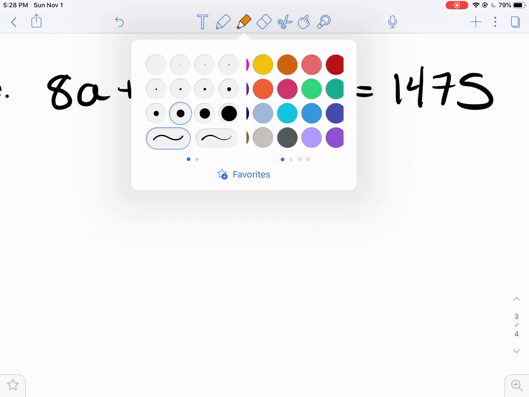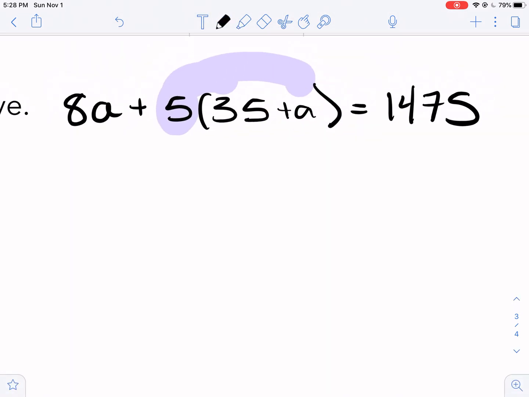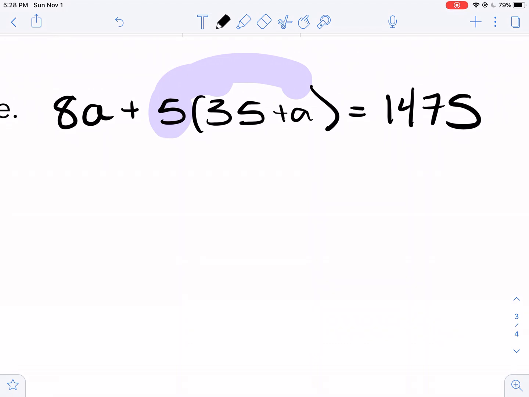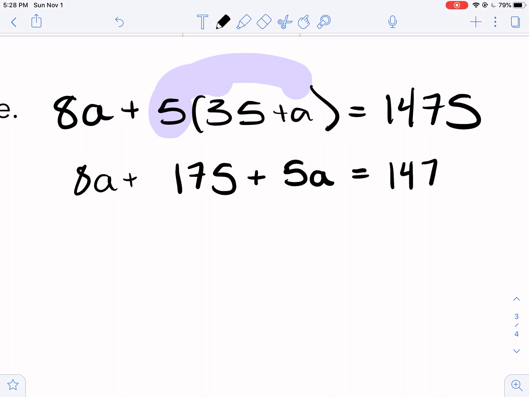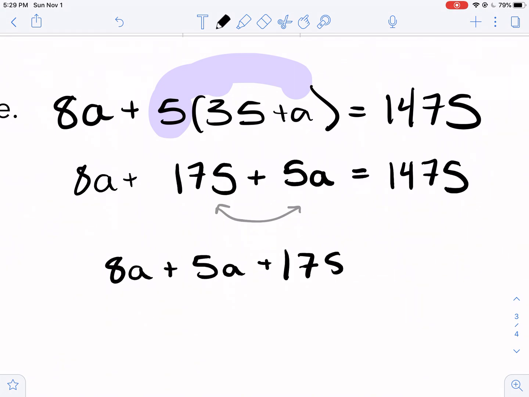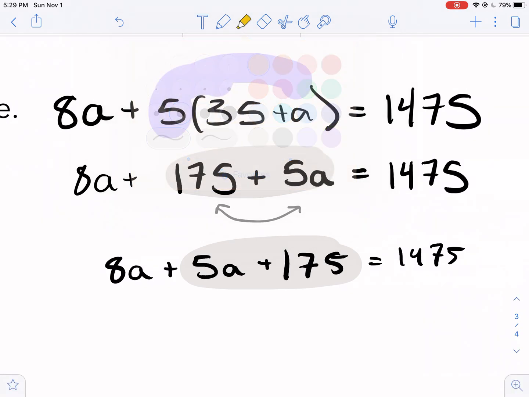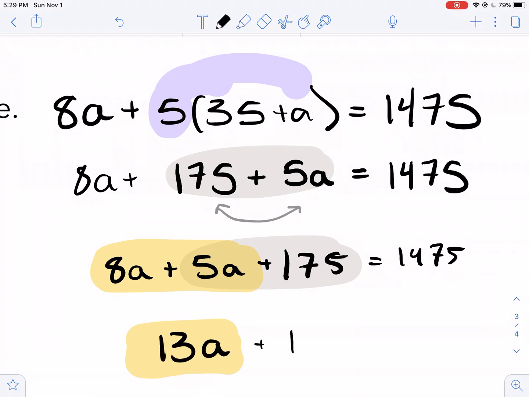My first step will always be to distribute 5 to 35 and to the A. That gives us 8A plus 5 times 35 is 175, plus 5 times A is 5A, equals 1475. Now I'm going to rearrange these two terms because that allows me to combine like terms. So we have 8A plus 5A plus 175 equals 1475. Now I have two like terms. I can combine my 8A and my 5A. 8A plus 5A is 13A plus 175 equals